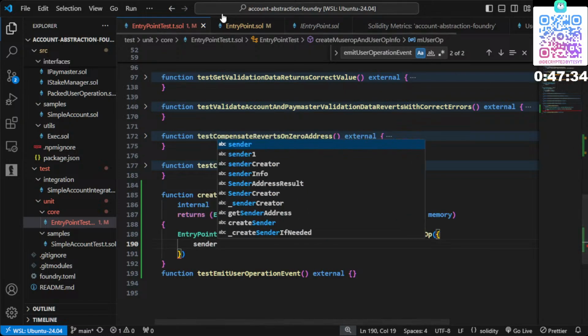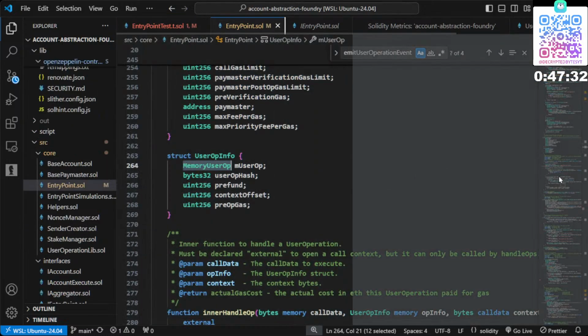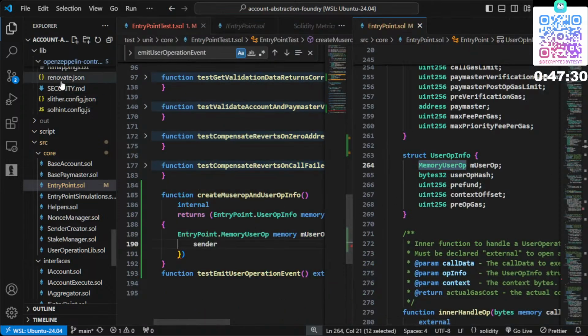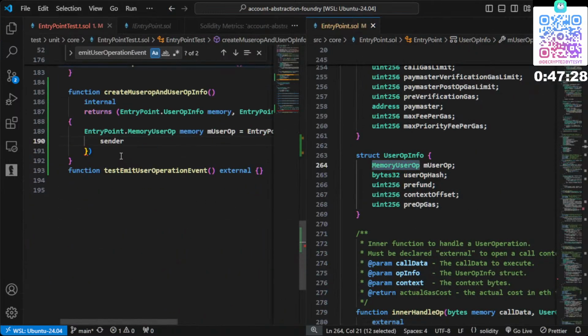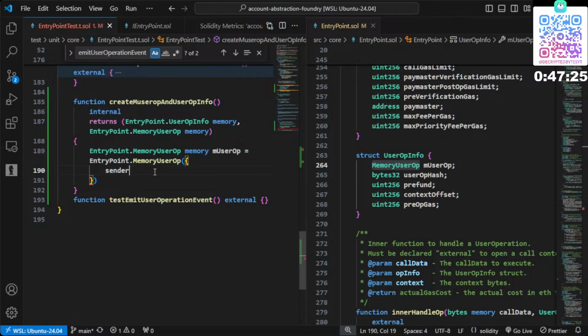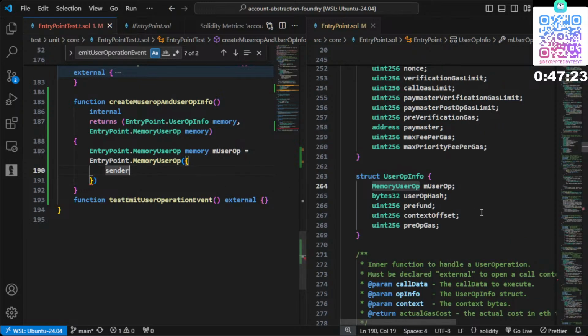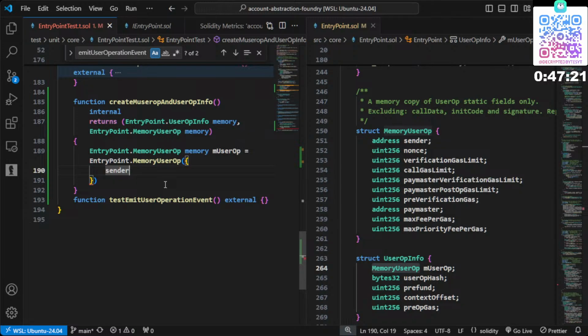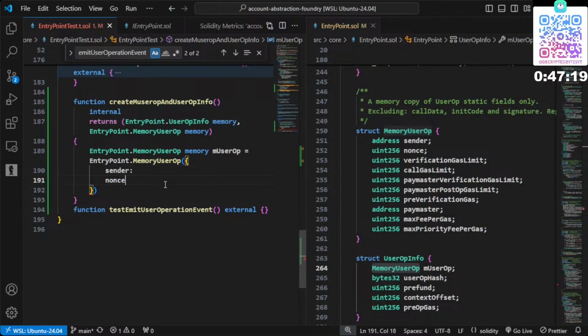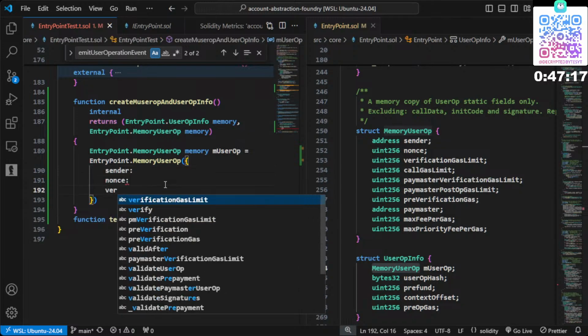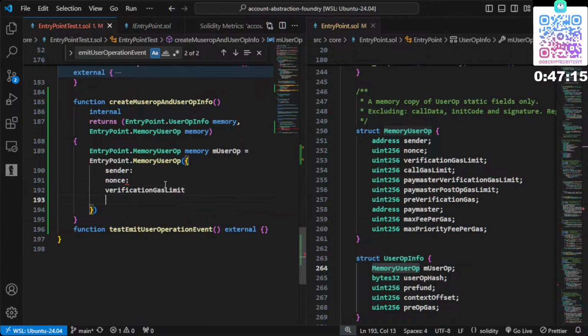Let's just put it here on the side. Close this for a minute. What is this? Sender, then nonce, then verification gas limit,